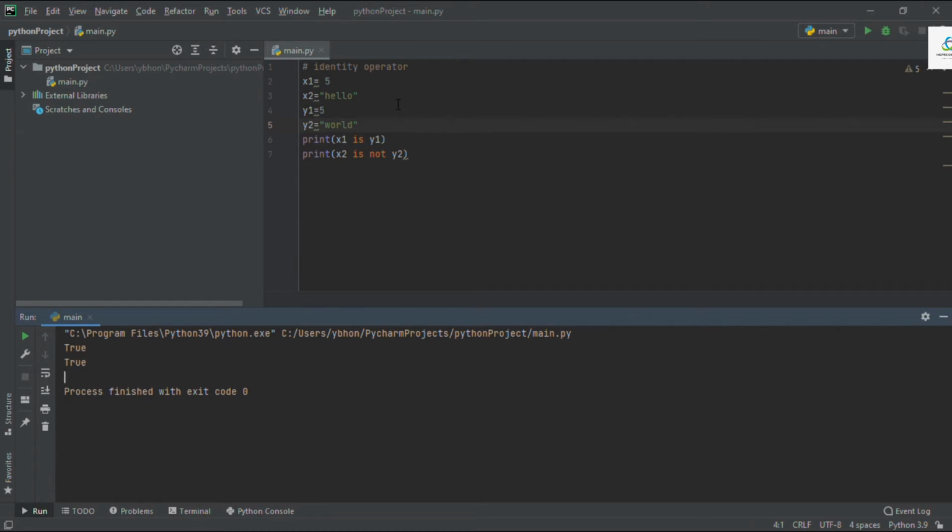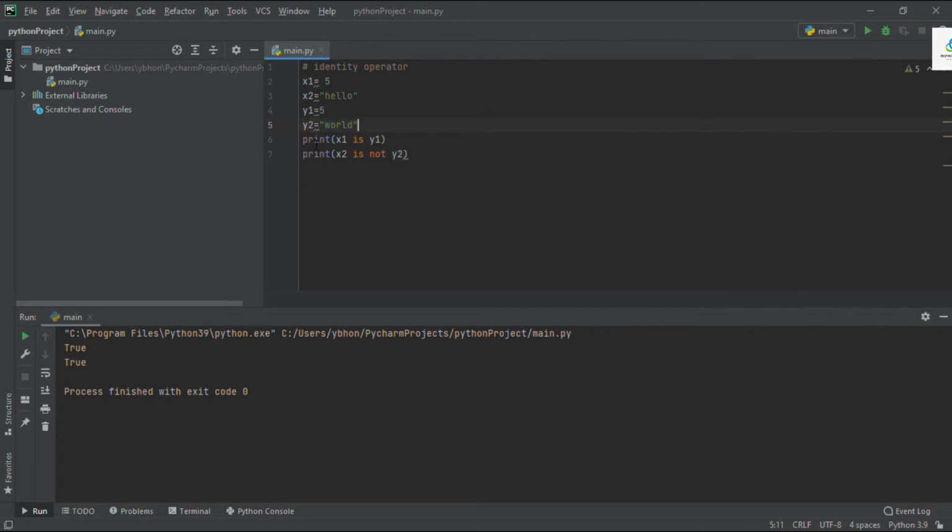Now how does it work? In statement number 2, I have assigned value 5 to variable x1. In the third, I have assigned value hello to variable x2. In the fourth, I have assigned again value 5 to variable y1. And in the fifth, I have assigned value world to variable y2.